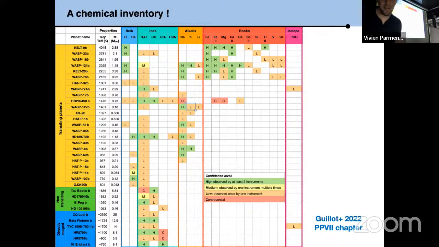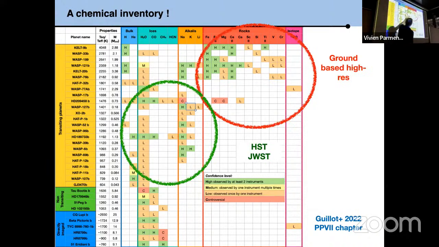So what did we have in 2022? This is all the 16 chemical species in the 69 planets that we discovered. They're ranked by temperature here, so the hottest ones are here. And you can see that we've seen a lot of those refractory elements in the very hot planets, because it's so hot that all the refractories are evaporated. And that's a real opportunity compared to solar system planets, that we actually have access to rocks, right, in the atmosphere. We also measure alkalis, and as you go down in temperature, right, those guys condense out, so we don't